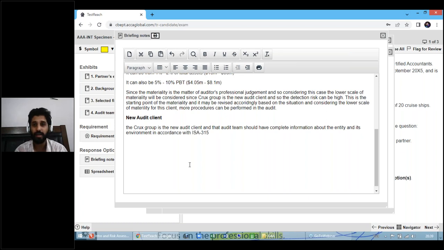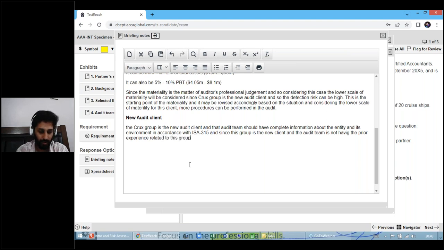What is ISA 315? That is understanding the entity and its environment. So you should have a very sound knowledge and information about the entity and its environment in accordance with ISA 315. And since this group is the new client and the audit team is not having the prior experience